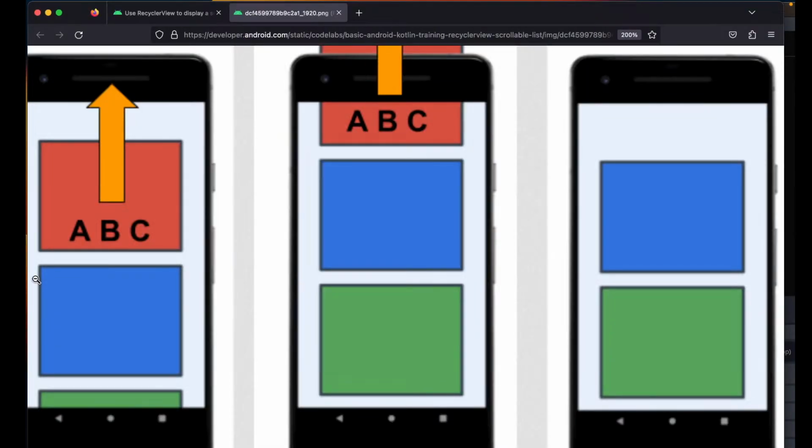Hello YouTube, this is Jay Coder back with another stream, and today we're going to be diving into RecyclerView, and this is an important concept to be able to display a list of items onto the screen in